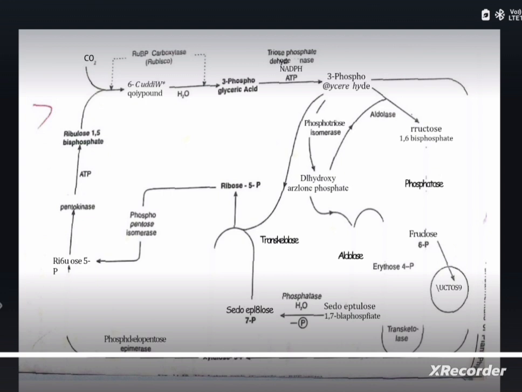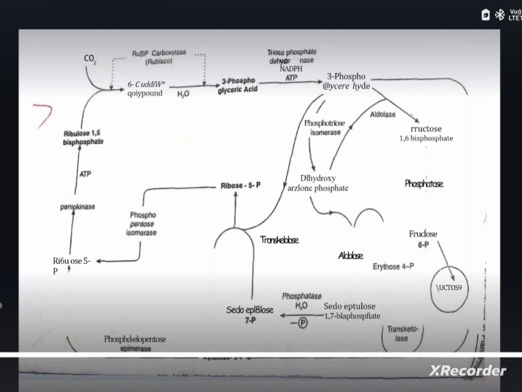The fructose 6-phosphate is converted into erythrose 4-phosphate and a xylulose 5-phosphate. The dihydroxyacetone phosphate combines with erythrose 4-phosphate to form sedoheptulose 1,7 bisphosphate with the help of the enzyme aldolase. The sedoheptulose 1,7 bisphosphate is converted into sedoheptulose 7-phosphate with the removal of one phosphate molecule, with the help of the enzyme phosphatase. The sedoheptulose 7-phosphate combines with glyceraldehyde 3-phosphate to form